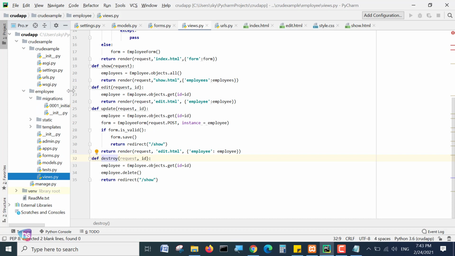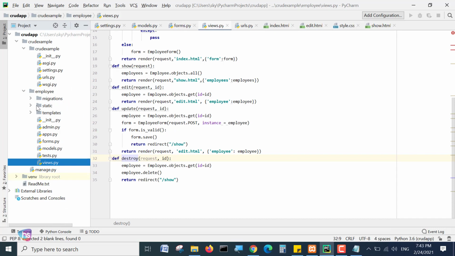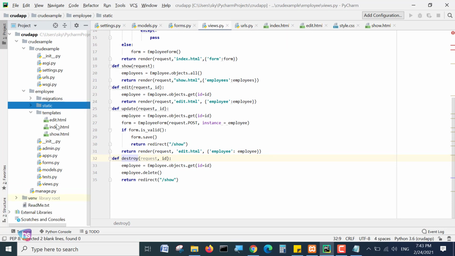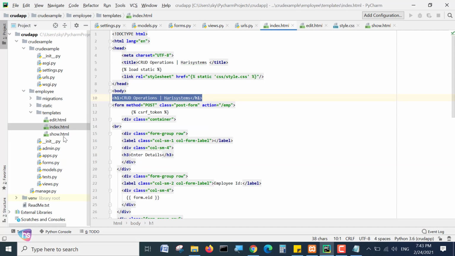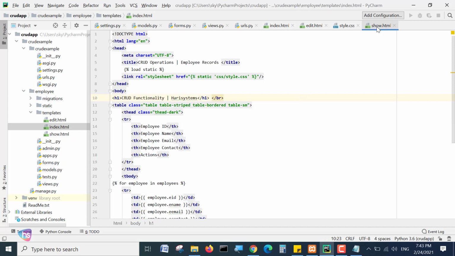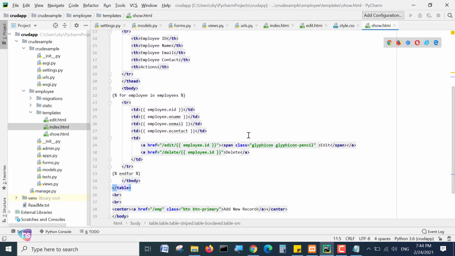And see the makemigrations. Once the migration command is applied, you will see migrations, static and templates. This is edit.html. I have told you about index, edit, and show, these three templates. By default show.html is displayed, this is the store. By default the page lands here, and this page code presents the data only, and you need to modify and beautify this page. You can apply Bootstrap and card items here. This is the code for it.